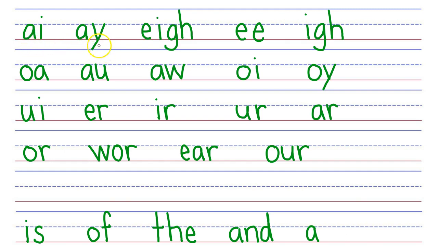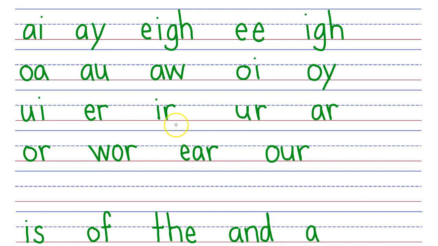AY says A. EIGH says A. EE says E. IGH says I. OA says O. AU says AW says AH. OI says OI. OY says OI. UI says OO. ER says